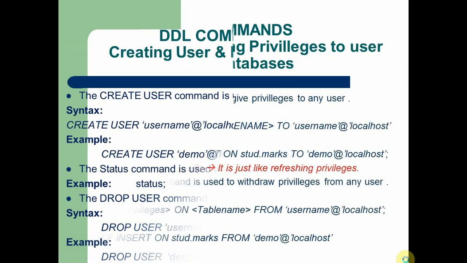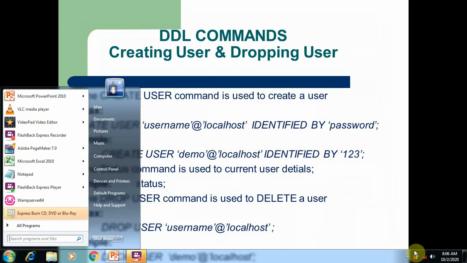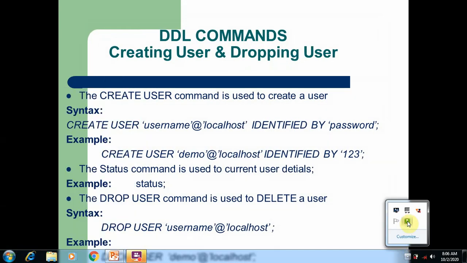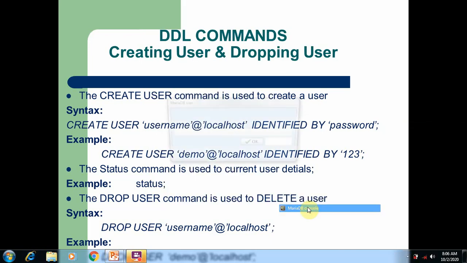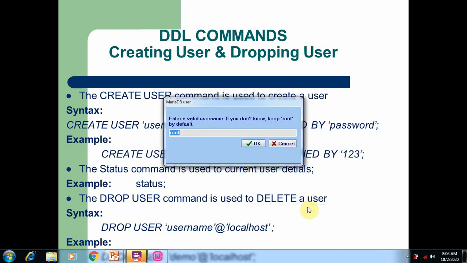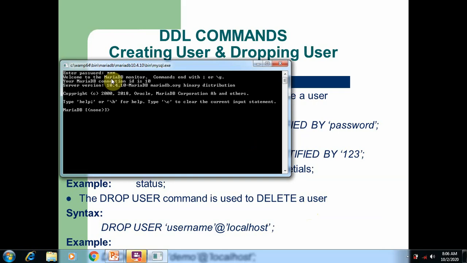After, go to the server, WAMP server, open the MySQL command. Here I am going to open the new user which was created now, namely D1. So change the root username to D1. Click OK. Now you have to enter the password. So I am going to enter the password 123. Okay. So here you can see you are logged in as a new user.